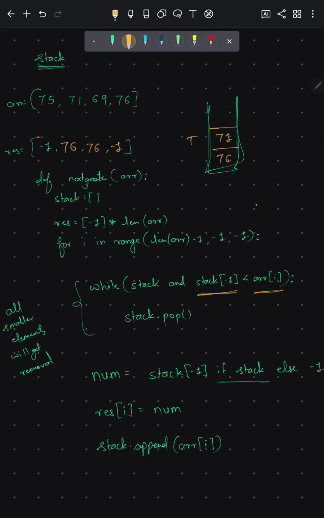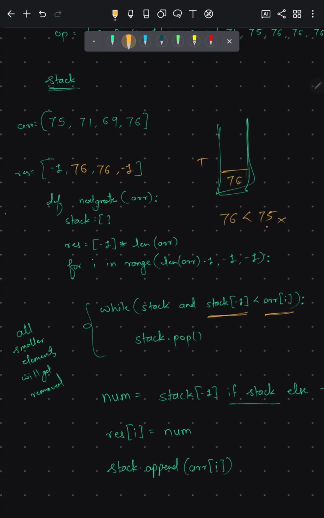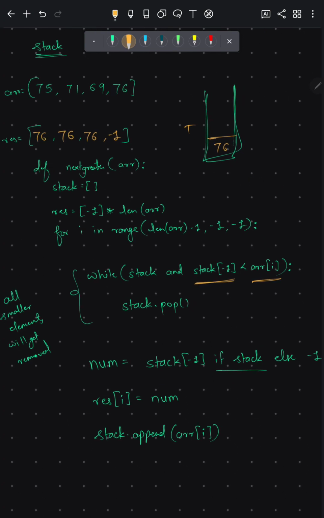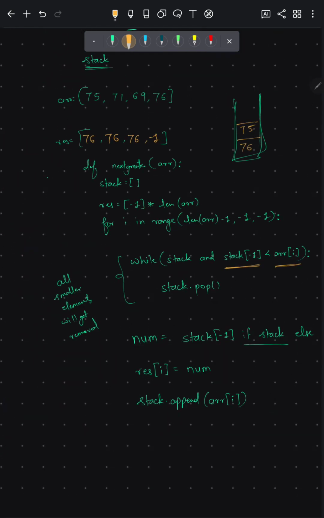Yes, it is true. Then we are going to pop this element. Then again we will check. Is 76 less than 75? No. Okay, then we will just append 75 here. 76 and 75, this would be our last stack, and the for loop will finish here, and we are just going to return the result.